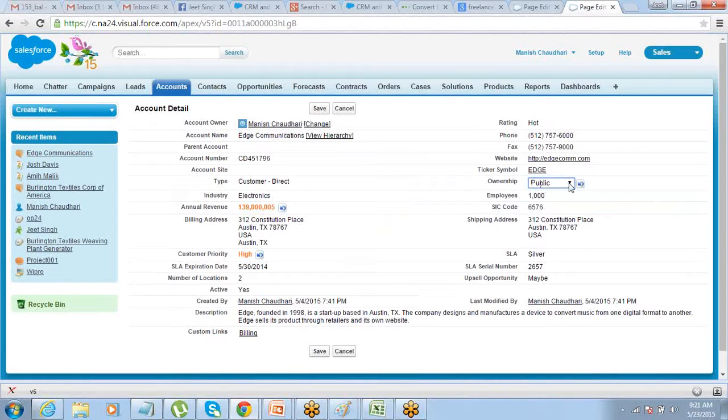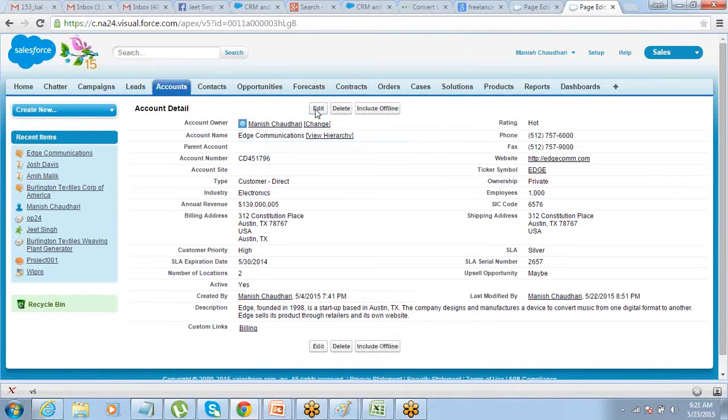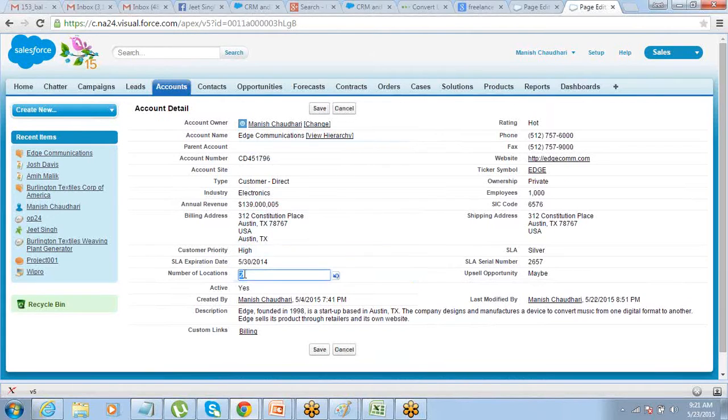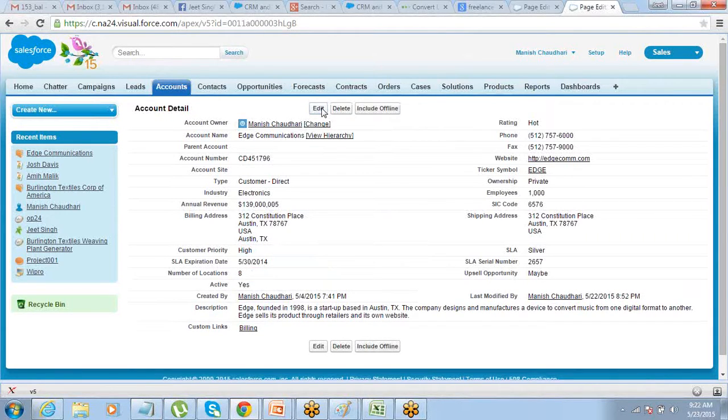Ownership, you want to change from public, make it private. Save it. Number of locations, make it 8. Save.